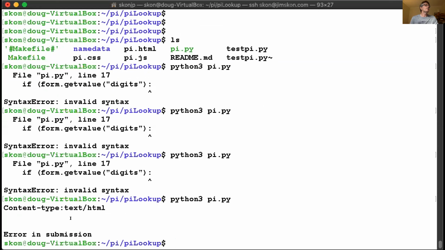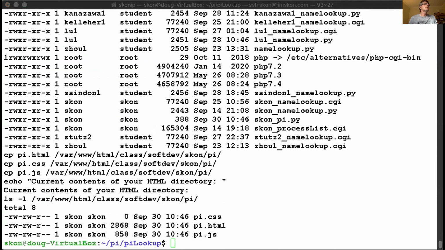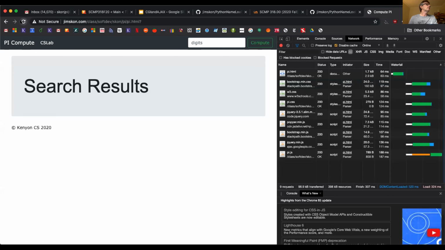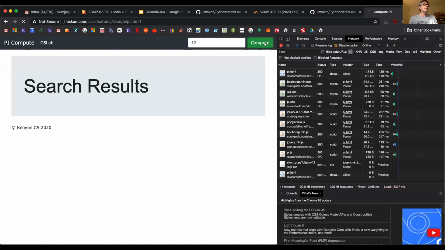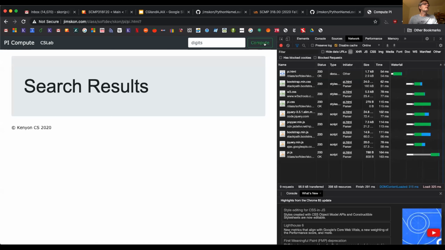Now it says error in submission, of course, because it didn't get any parameters. So that's what we expect. So now let's do a make again. Go back to here, do a refresh, type in some digits, 12. Okay, so now what we need to do is figure out if,